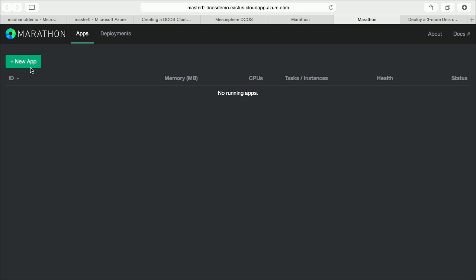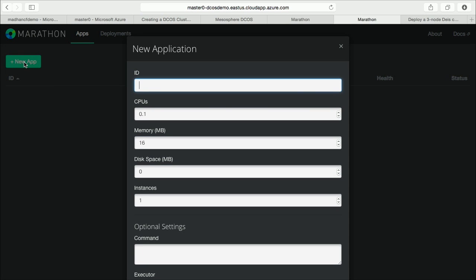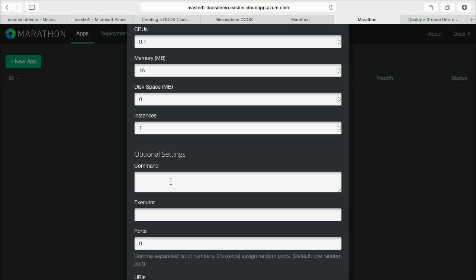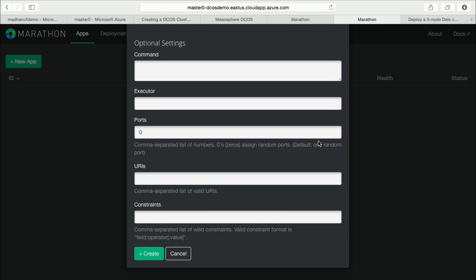So I click on Marathon. Then I'm ready to go. I can say new application, and provide an ID, number of CPUs that I want. Look at this, the fine-grained, granular CPU slicing that you can do, right? You can do it in decimals. Then the memory that you want for each of your application, all the settings, the command that you want to run on, across the different slaves that you have. And that's it. You fill this, you're up and going.